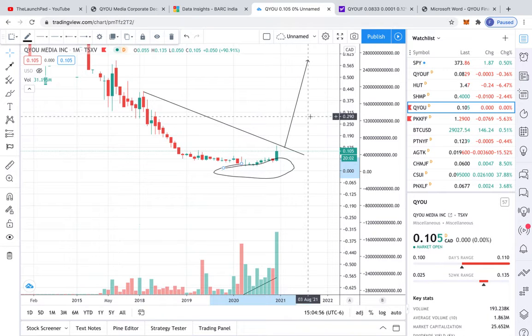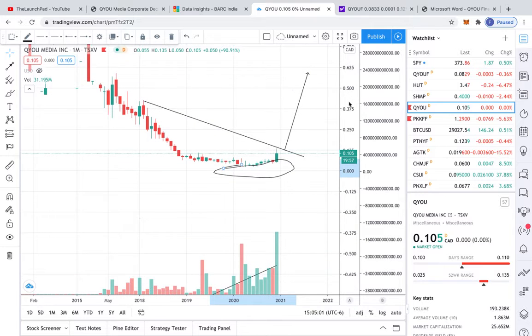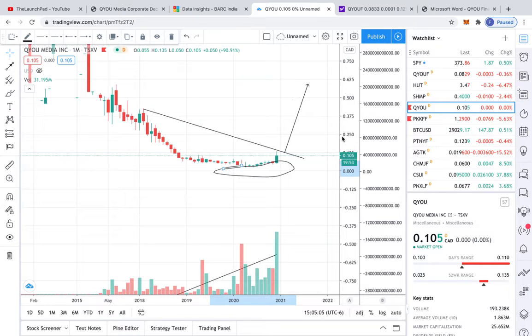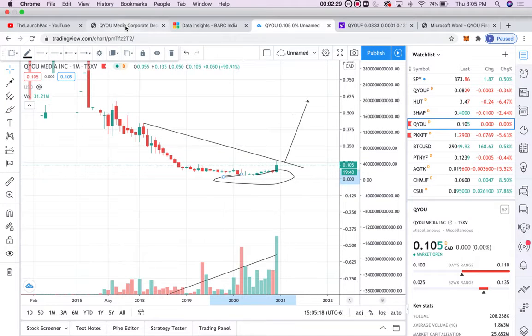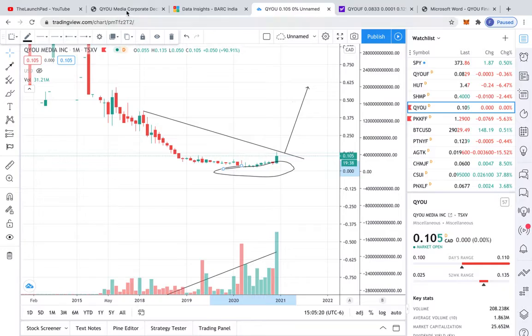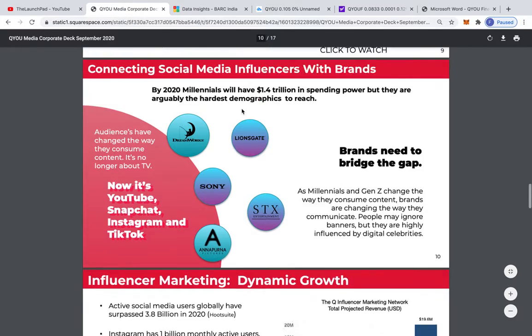So what I believe is going to happen is highlighted here by this arrow, and this is not my exact price target, but I believe this stock will see somewhere between a 5 and 10 times return on investment. And this is not a day trade, this is not a swing trade even, this is something I will be holding for the long term, buying some sort of change in the company.